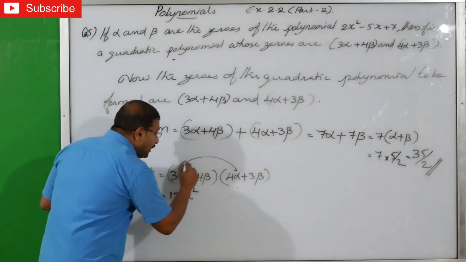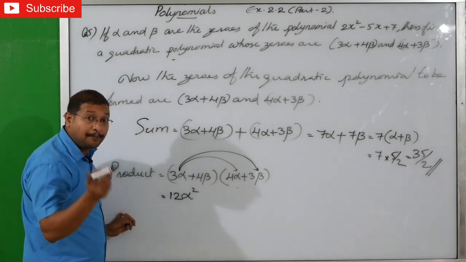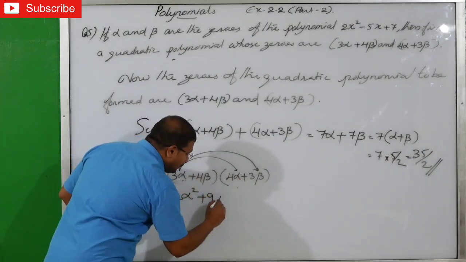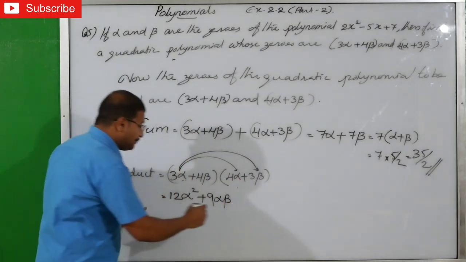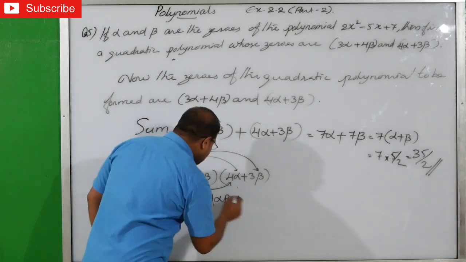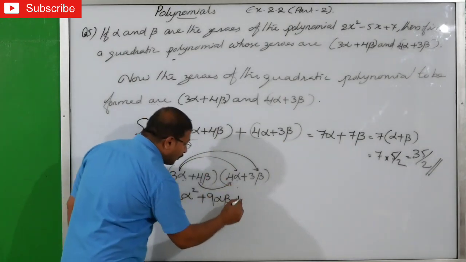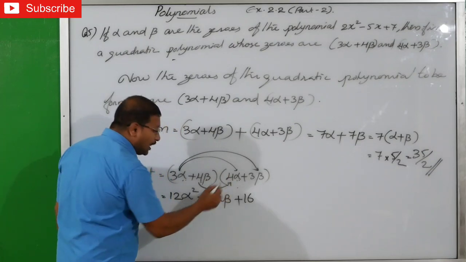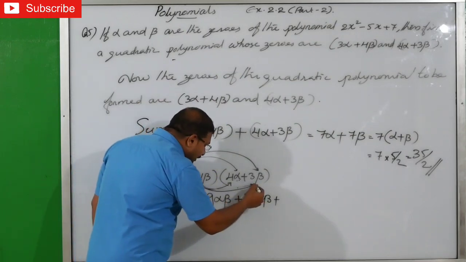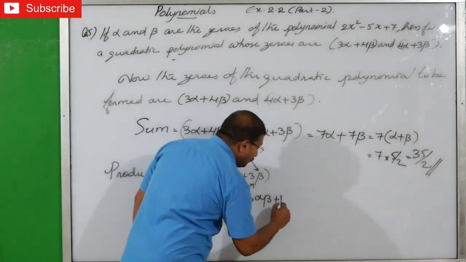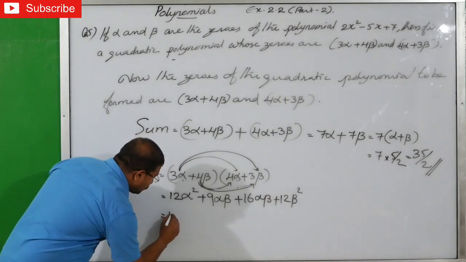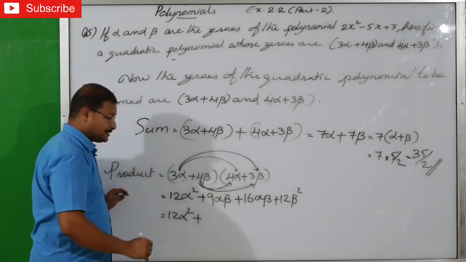After that, 3 alpha into 3 beta: 3 into 3, 9 alpha beta. Plus 4 beta into 4 alpha: 4 into 4, 16 alpha beta. Plus 4 beta into 3 beta: 4 3s are 12, beta square. This equals 12 alpha square plus 9